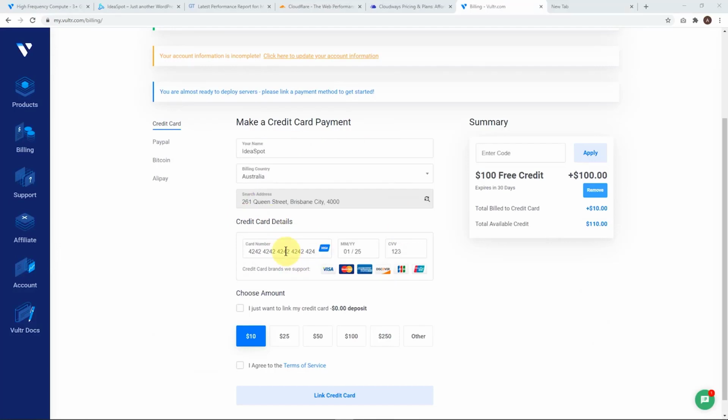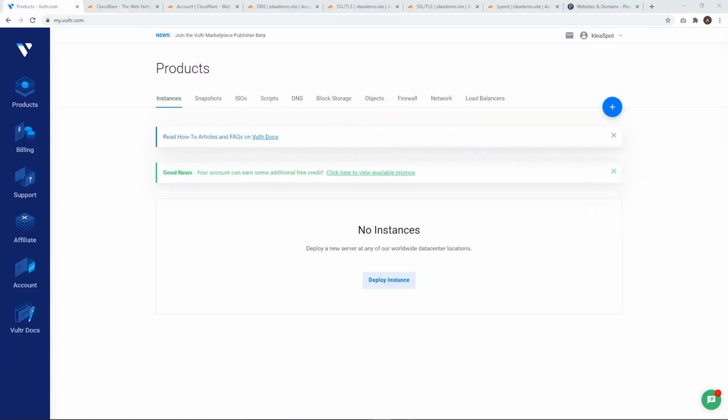You do need to link a credit card to get the 30-day free trial. Now, if you click this little box there, you'll get a $0 deposit, so you don't get billed anything for the first 30 days. Agree to the terms of service and link your card. All right, once your account is all set up, let's go to products and we are going to deploy an